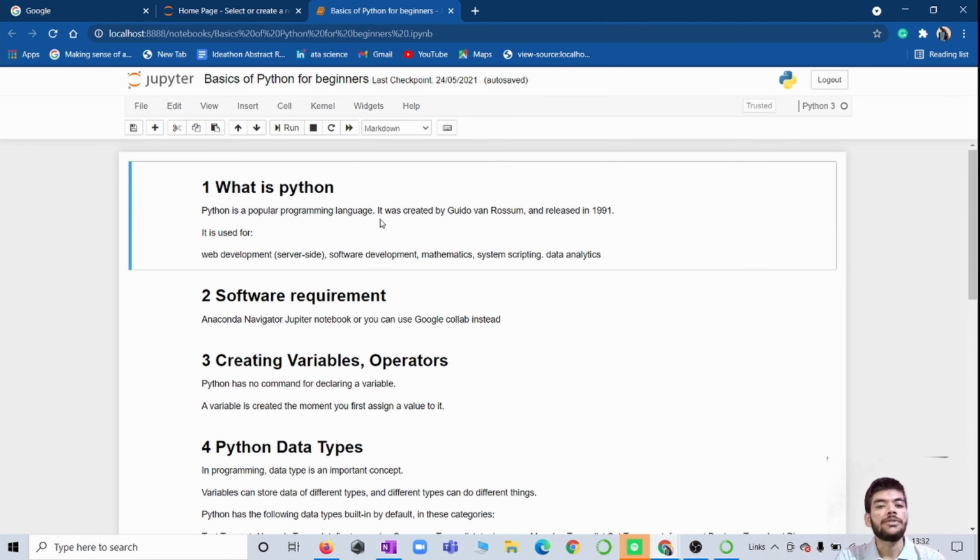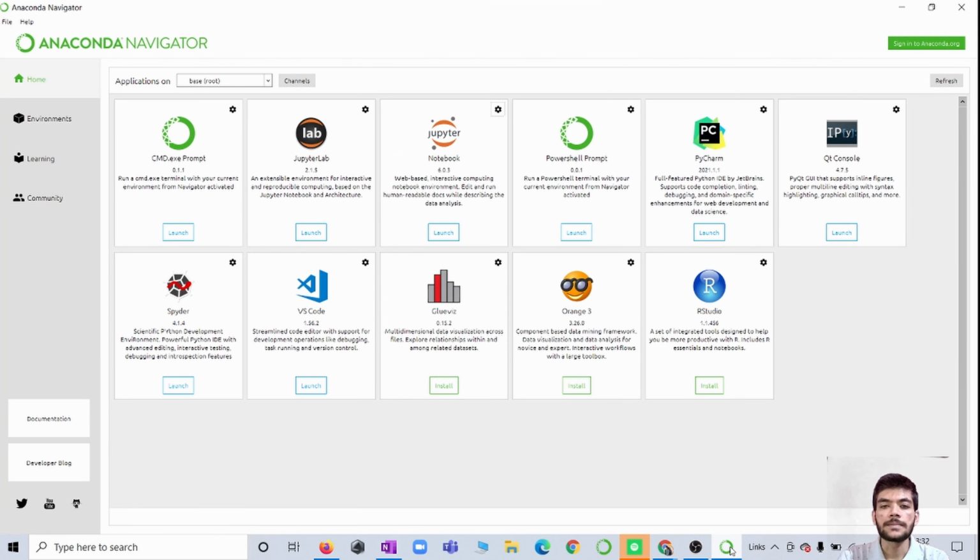Now talking about the software requirement for Python, Anaconda Navigator is the one software which we are going to use. In Anaconda Navigator there are variety of software. Let me show you the interface. This is the interface once you download. The link for downloading the Anaconda software is provided in description, and we are also going to walk through the site. Don't worry. In Anaconda Navigator these are the softwares like PyCharm, PowerShell, Jupyter Lab, Jupyter Notebook, R, Visual Studio. These are some different kinds of software. But basically for our tutorial we are going to focus on Jupyter Notebook.